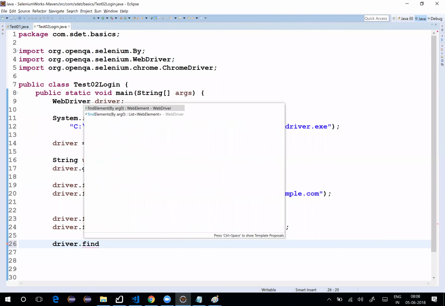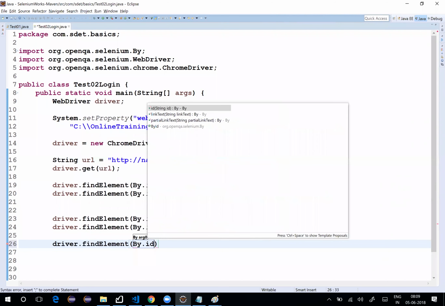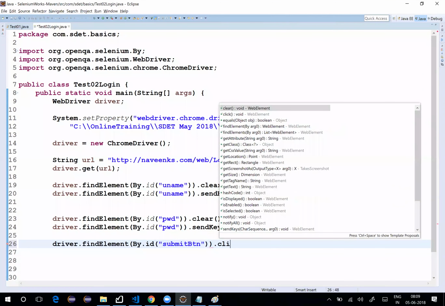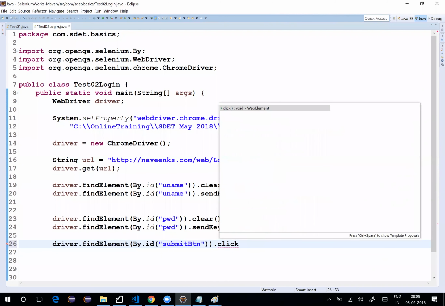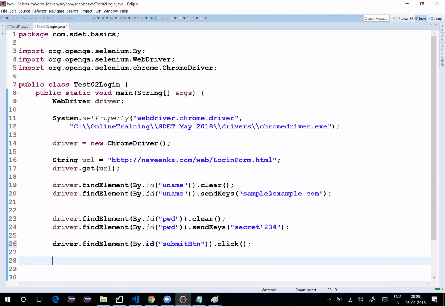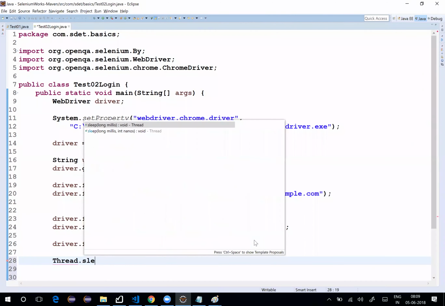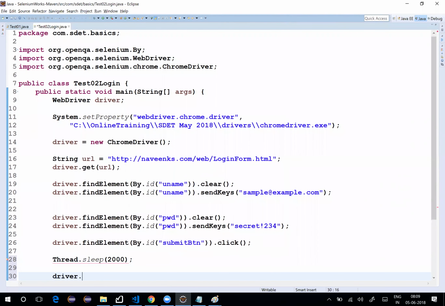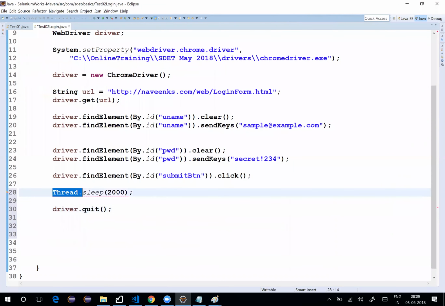Driver dot find element by ID dot click. Then, just to, Thread dot sleep for some time, like 2 seconds. Then driver